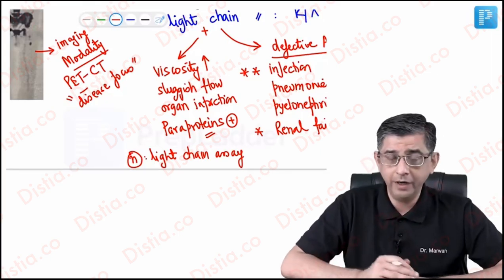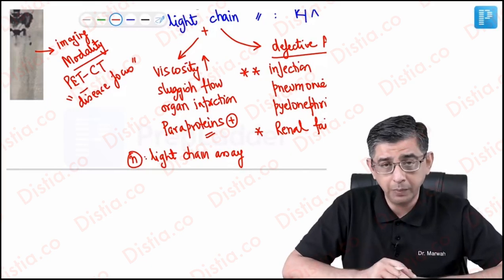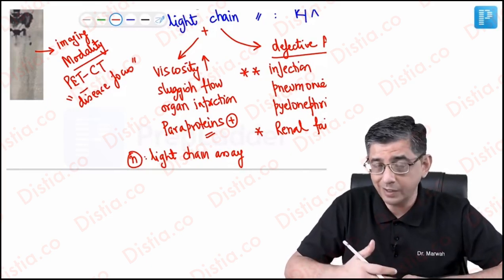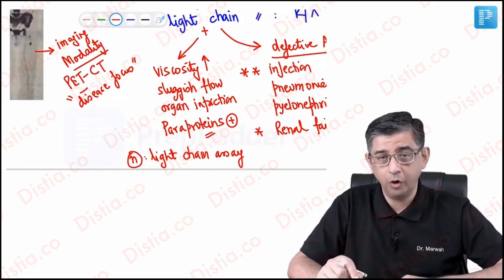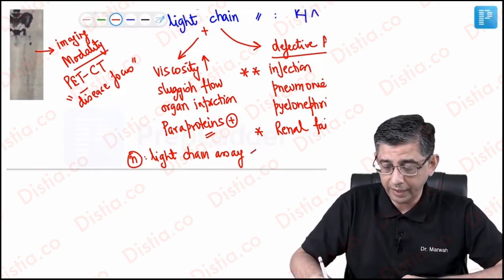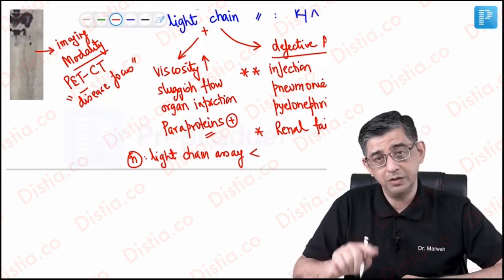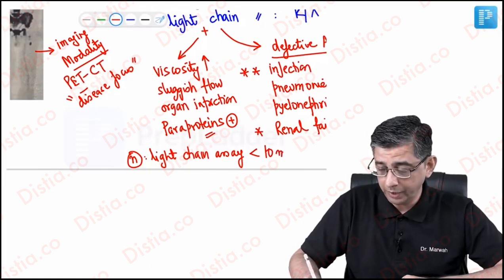If you listen to my kidney discussion, you will hear me saying that albumin is present in the urine of normal people. Yes guys, albumin is present in the urine of normal people. The amount is less than 30 milligrams on a 24-hour basis, 30. Look at the value that I highlight here. Light chains are also present in the urine of a normal individual. That would be less than 10 milligrams per day.